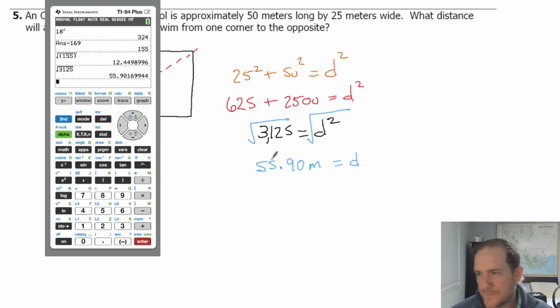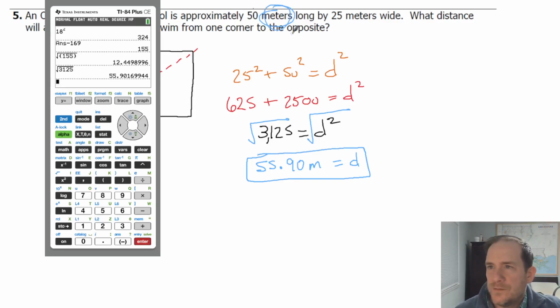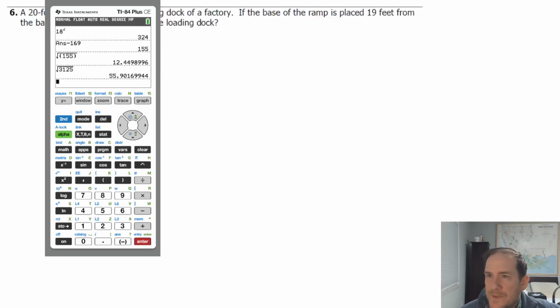And don't forget to include your units. So for this problem, it's meters. It says right here, meters. So you got to read the problem closely and make sure you understand it, and also make sure you know what the units should be. All right,